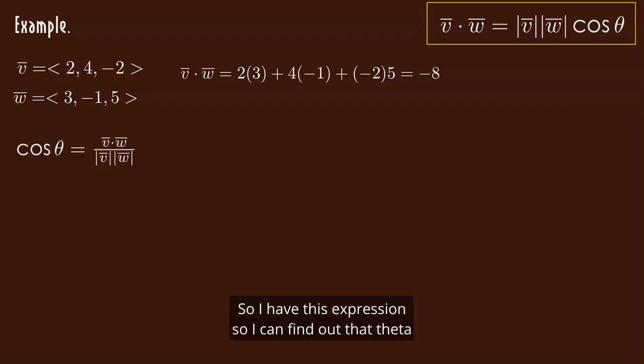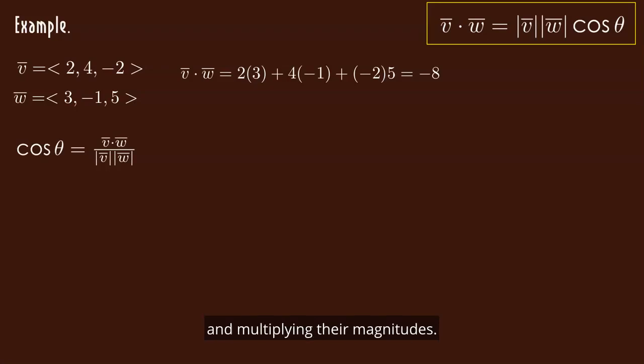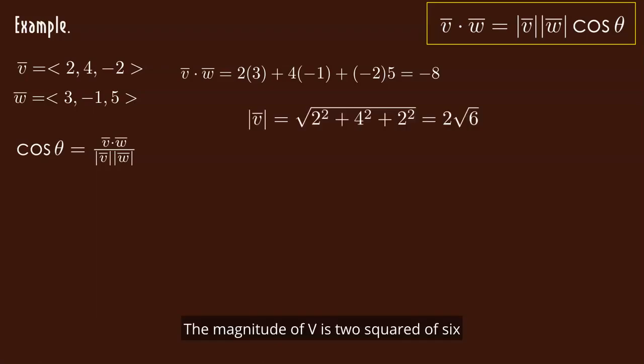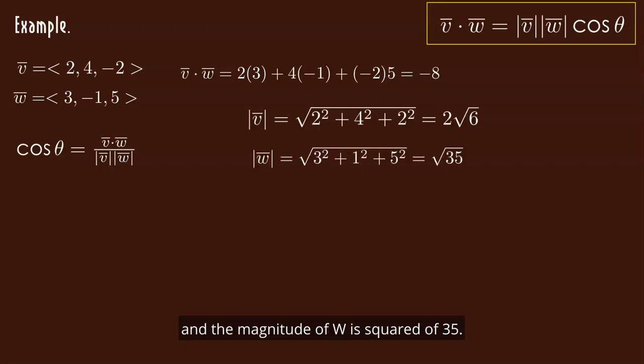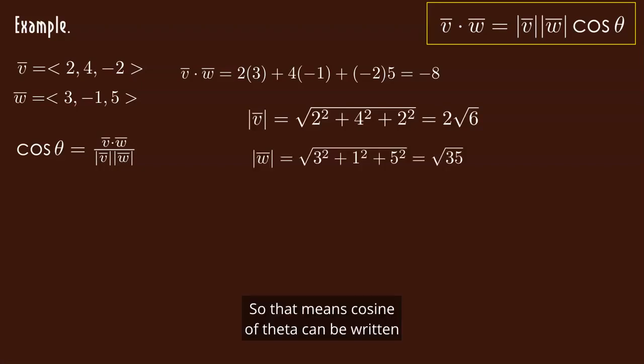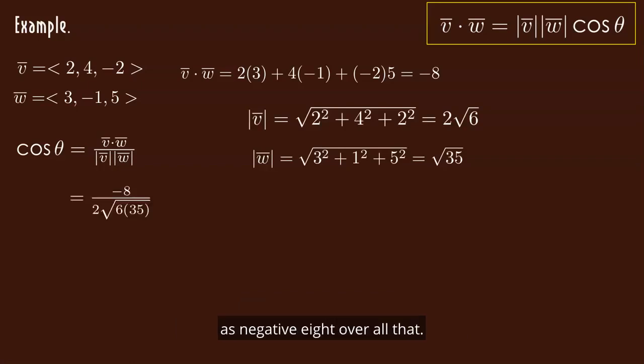So I have this expression, and I can find the cosine of theta by using the dot product and dividing by the product of their magnitudes. Let's find their magnitudes. The magnitude of v is 2 square root of 6, and the magnitude of w is square root of 35. So that means cosine of theta can be written as negative 8 over all that. Let's simplify that, well, make a decimal of it, and I get negative